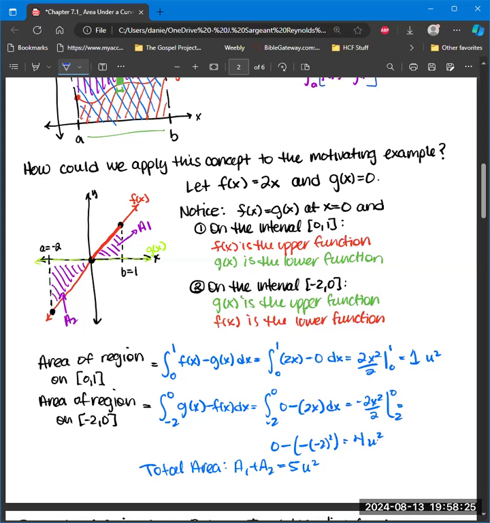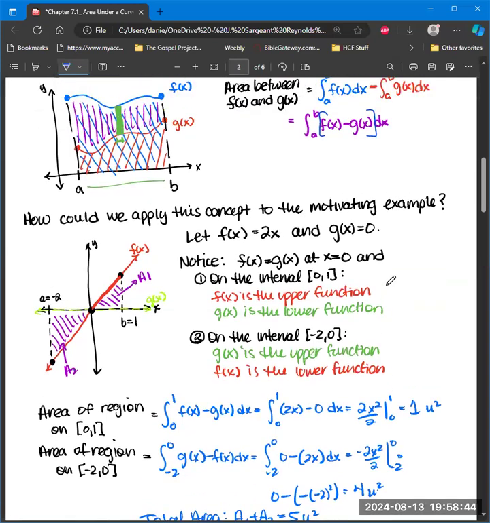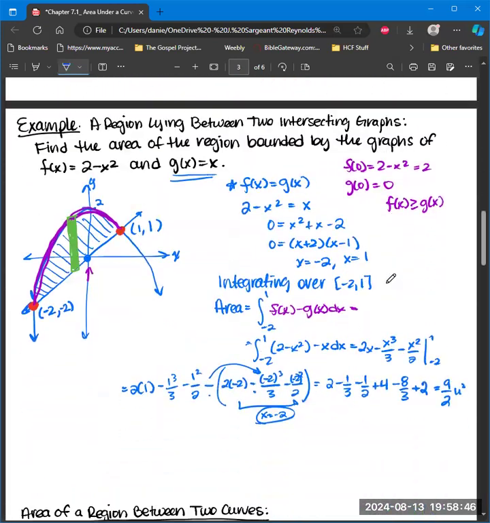Notice how the area between curves interpretation takes care of the required negation of negative area. This means when calculating area between curves, we won't have to worry about portions of the graph that exist in negative land, because we won't get that if we're always doing upper minus lower. So in our next example, this is going to be example 1,